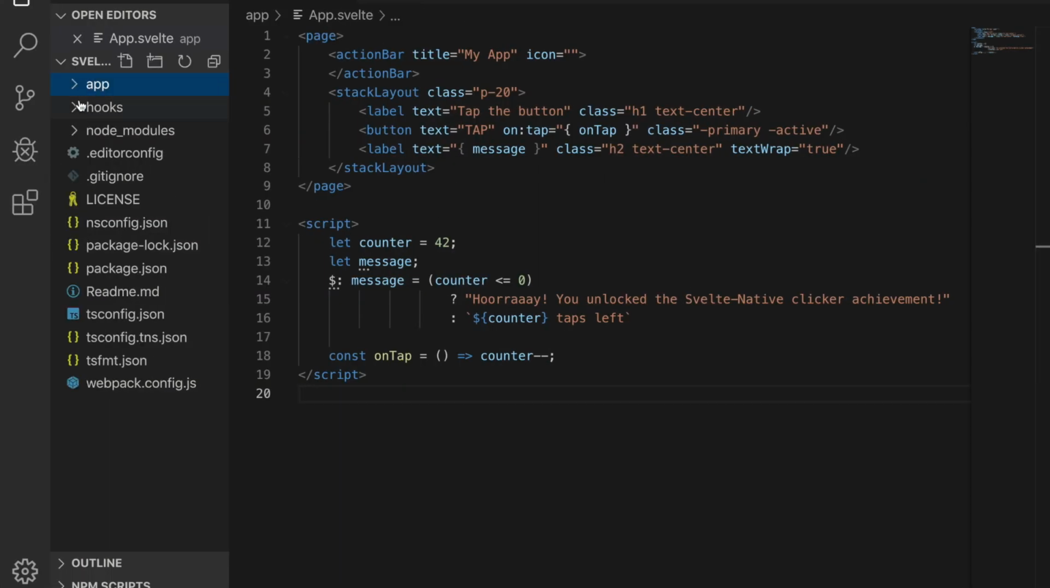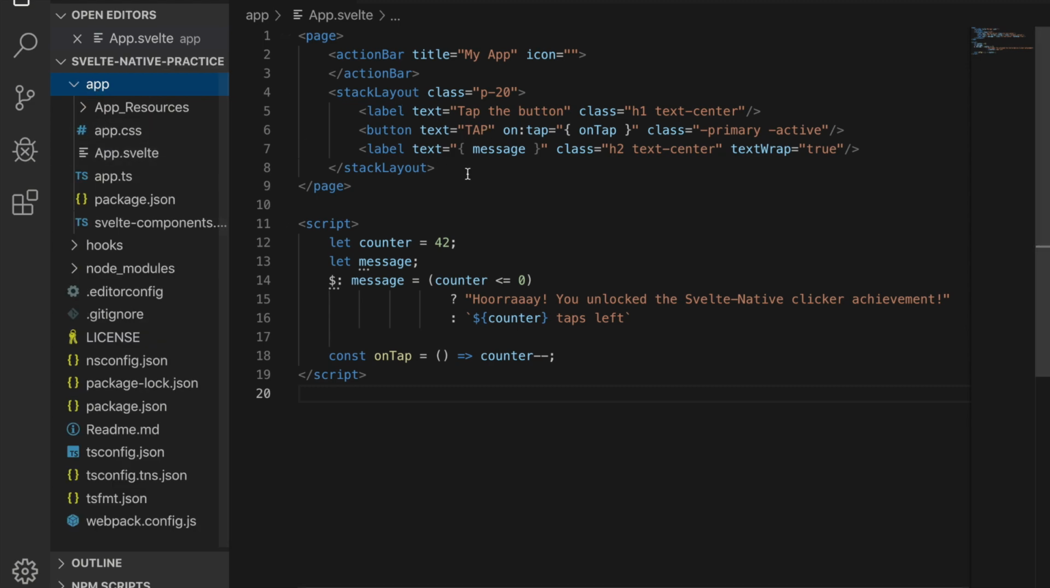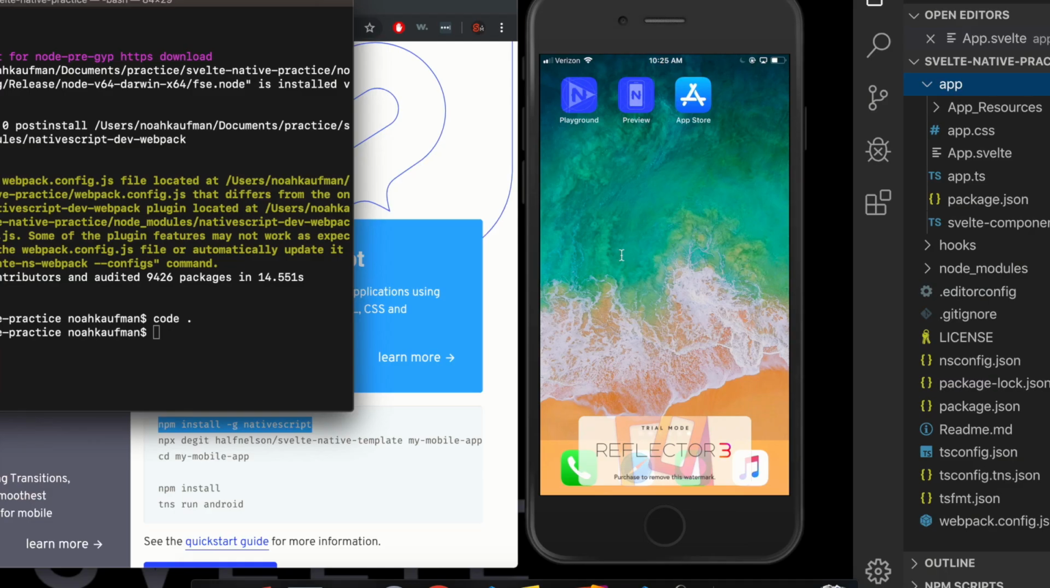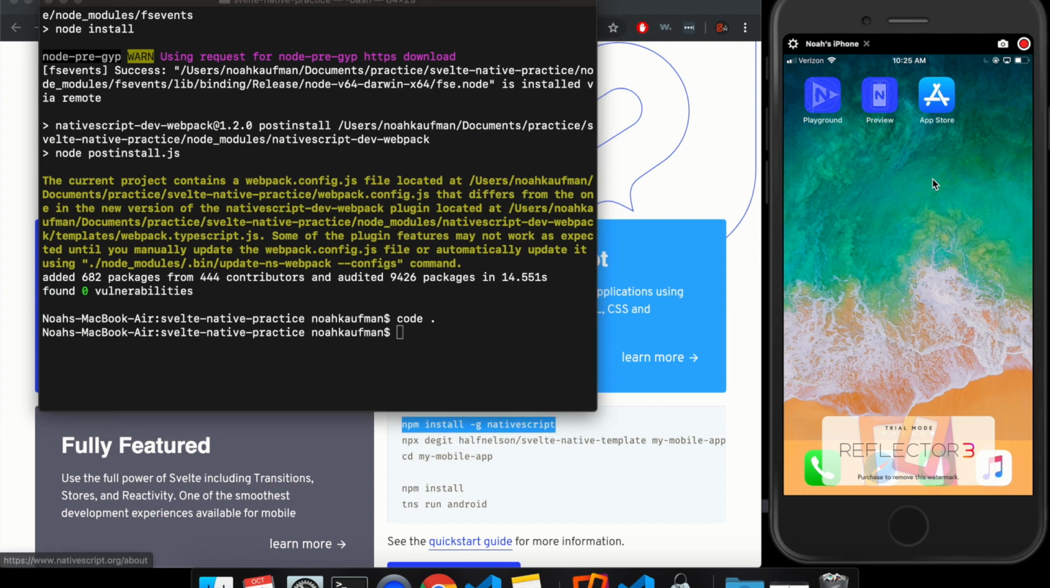And inside of app, right here, you'll have app.svelte. So this is kind of like the landing page. But first, what you'll need to do is on your phone. So I have here my phone